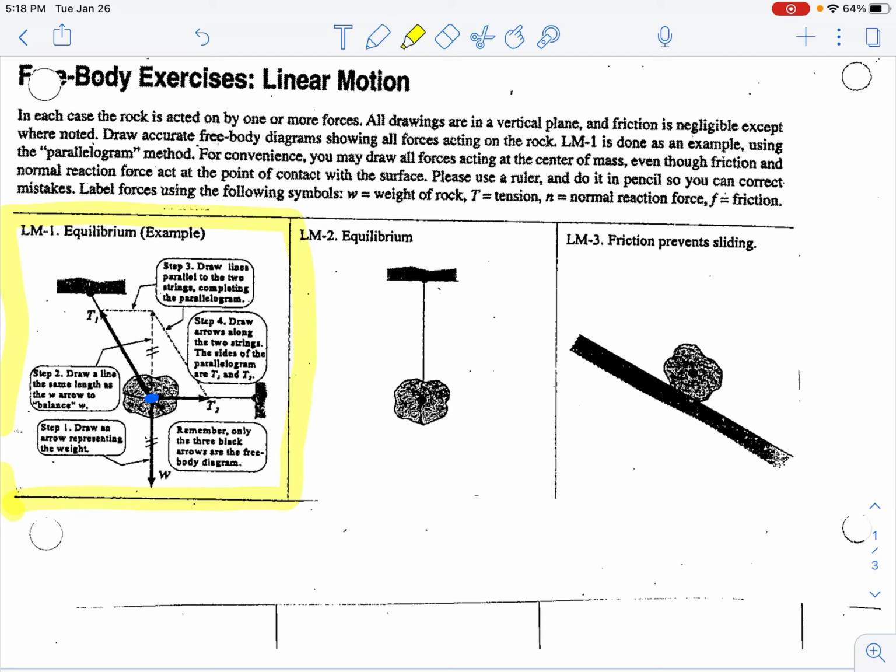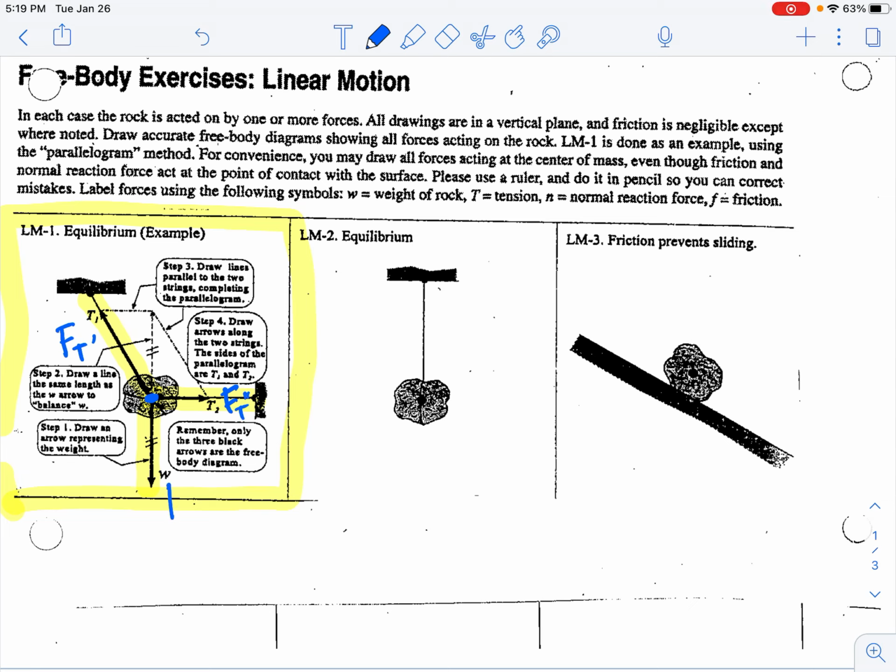Okay, so then there's a rope that's attached from some ceiling somewhere, and that rope has tension on it. There's also another rope attached over here, and that rope has another tension on it. So that would be another tension force. And then down below, there's the force of gravity acting on it, and they use a W here. So in our notation, we would label this FT1. This one over here would be FT2,